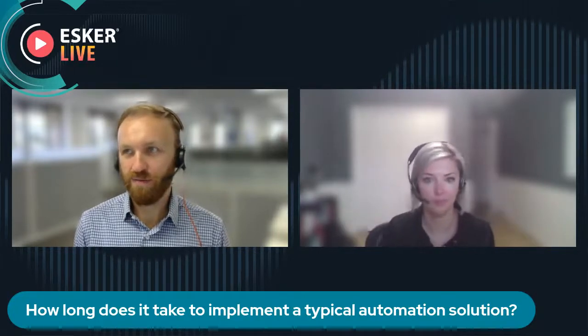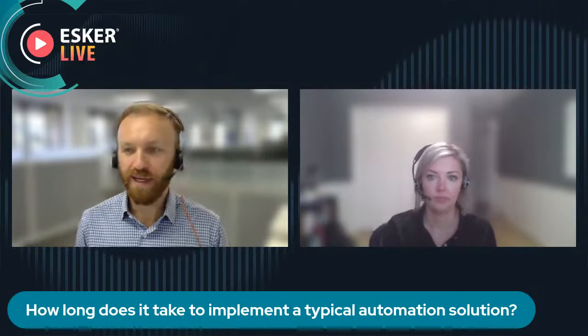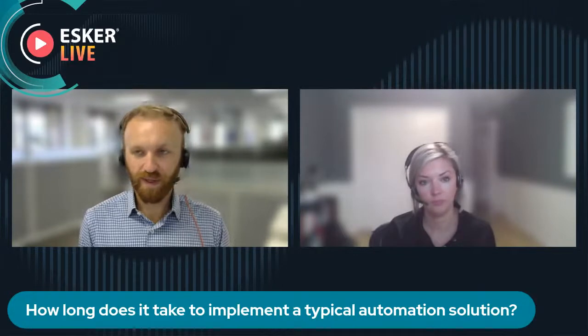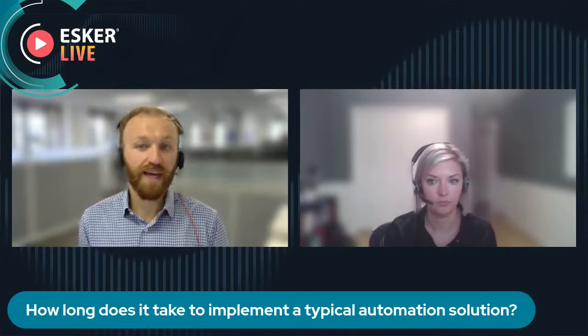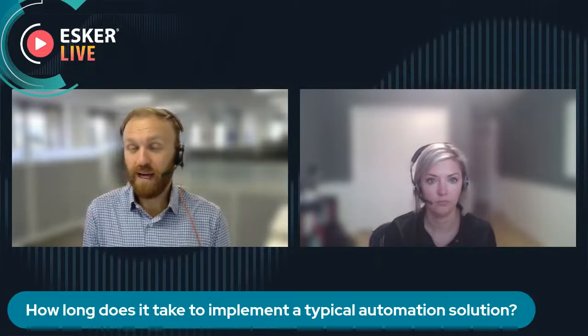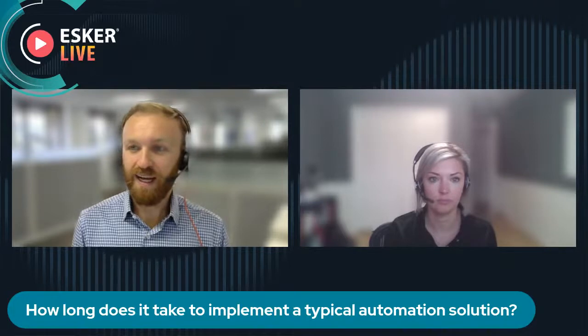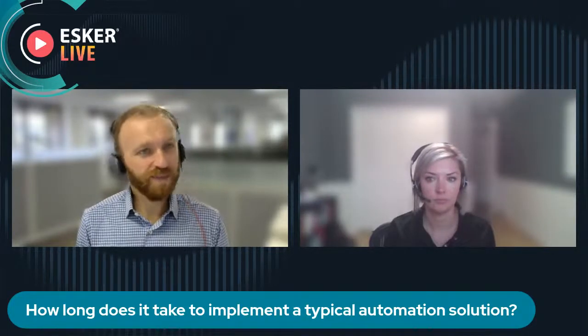There's a few things it depends on: business units, what countries you're in, what ERP systems. But simplest, if you want to make an adjustment or an improvement on the AP side, cash application, whatever it may be, it could be dependent on IT engagement, 6 to 8 weeks. A lot of the time that is possible, but sometimes